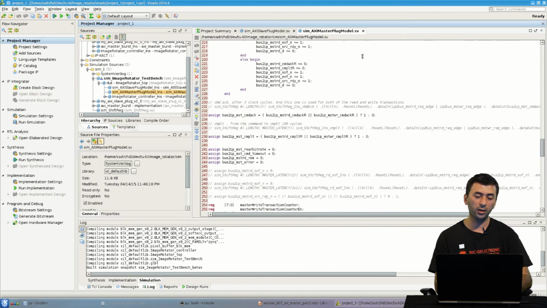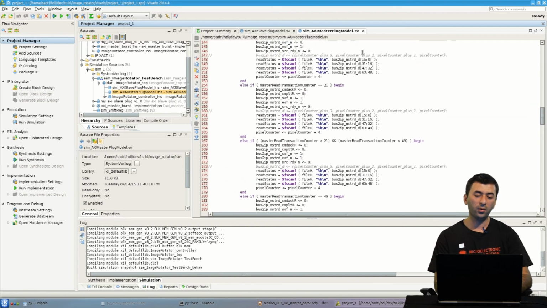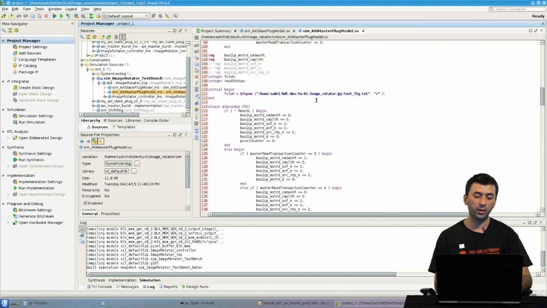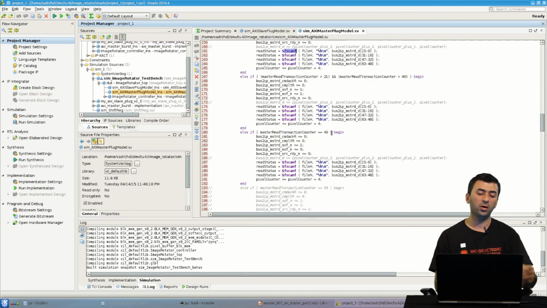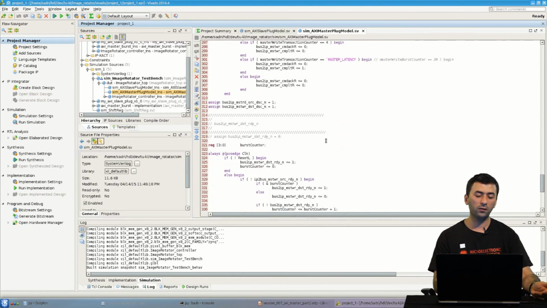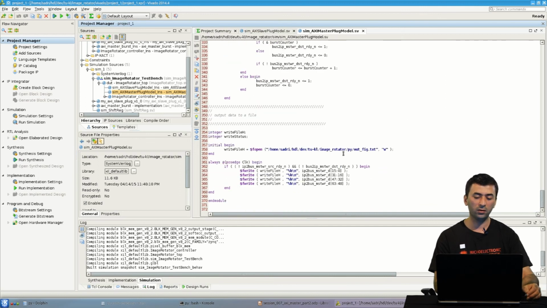Test_fig.txt I open here inside my AXI Master plug model. I open this file through the fopen Verilog system function, and then I read from this file through fscanf, and I give them at the time of the simulation to my image rotator controller. Then what I do is I write the received data to the